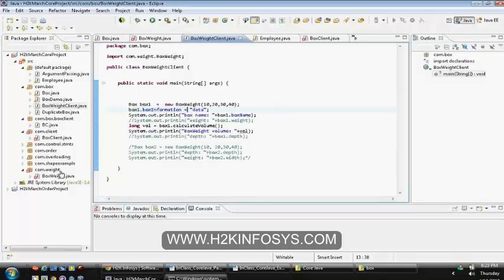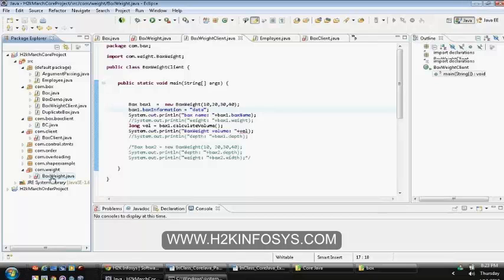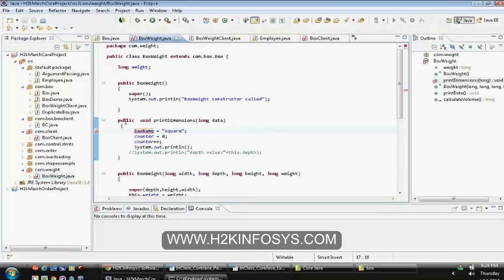Let us go and access it in the subclass, which is box weight, and this subclass was available in a different package. Now you can see that I'm able to access the member variable within the subclass, and the subclass exists in a different package.